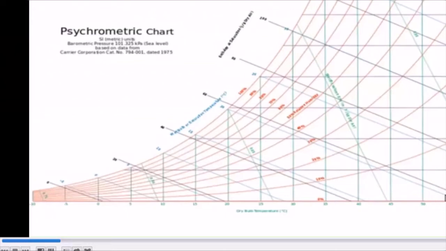Now after that you can see the relative humidity, which is 10%, 20%, 30%, 40%, 50%, and finally the saturation curve, which is 100%. Now this outline of the chart has been shown over here and explained one by one. You can note down one by one. Please note down one by one. After this, it will come one by one.